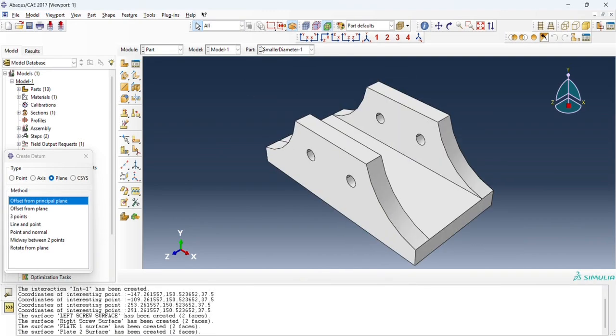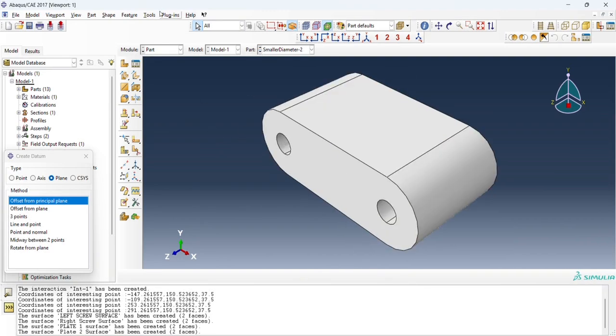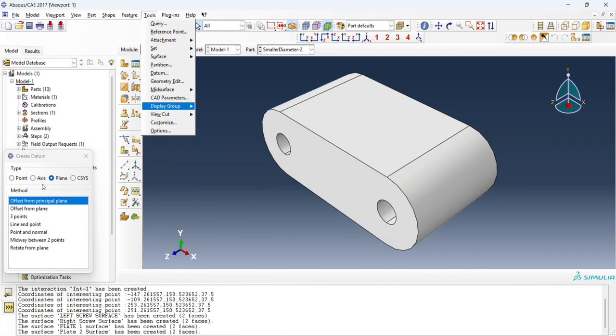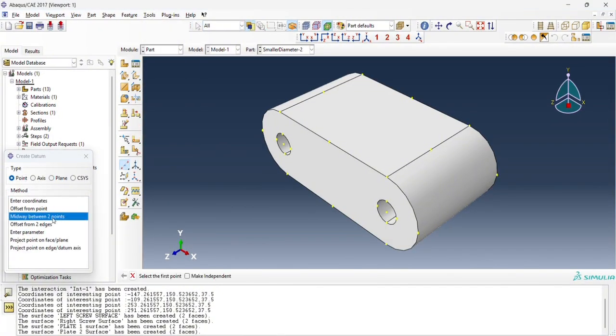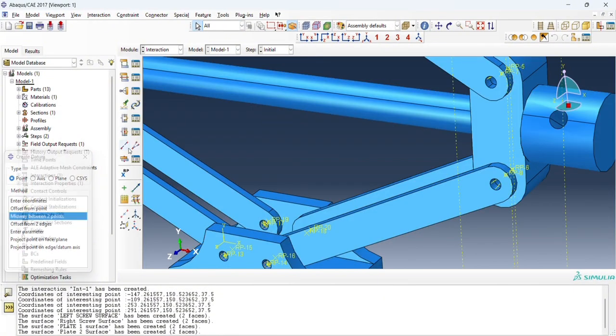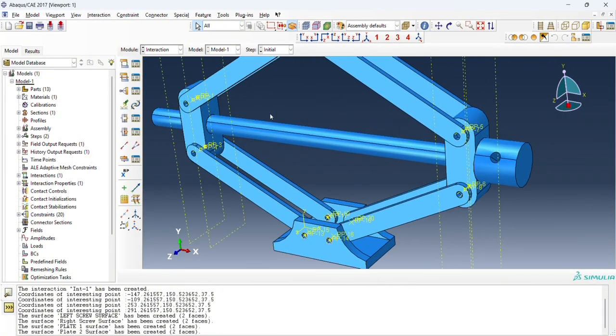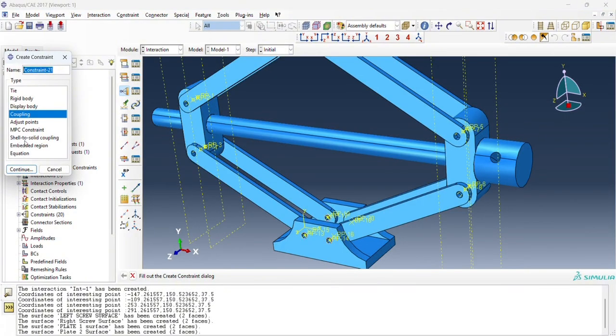And then after that one we'll keep one reference plate at the top plate, yeah, and I think that's all. So after that one we will again couple,